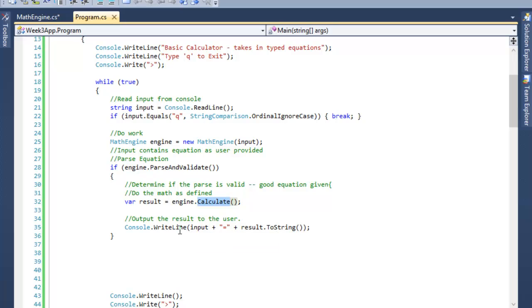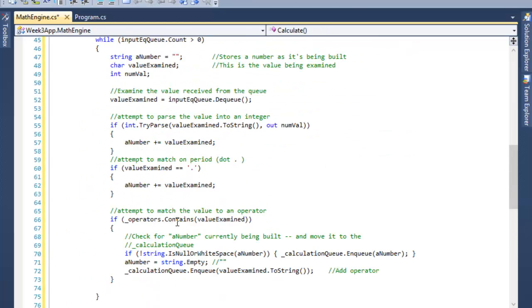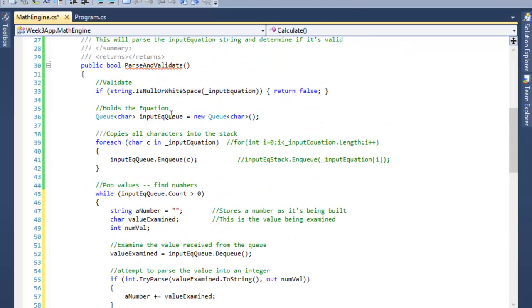So we'll do the calculation, and then output the result. With the parse and validate,